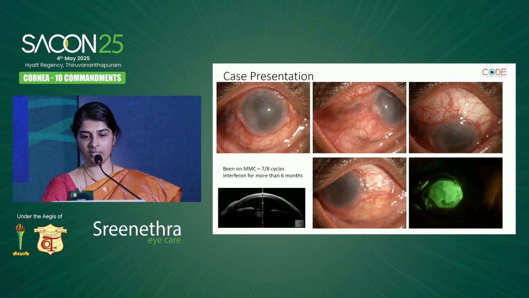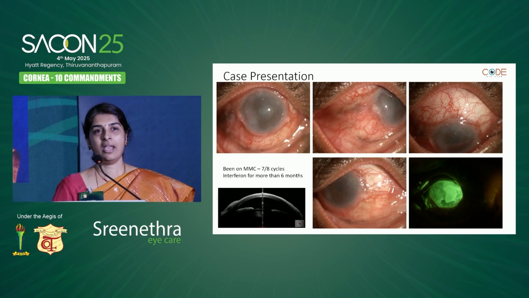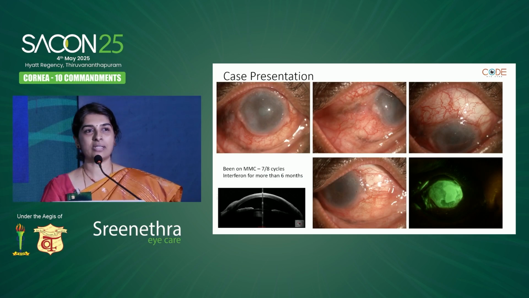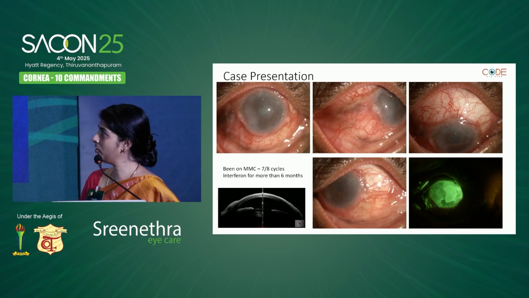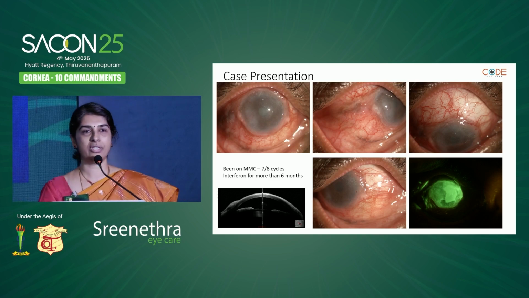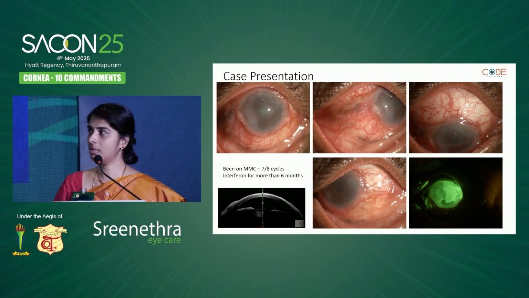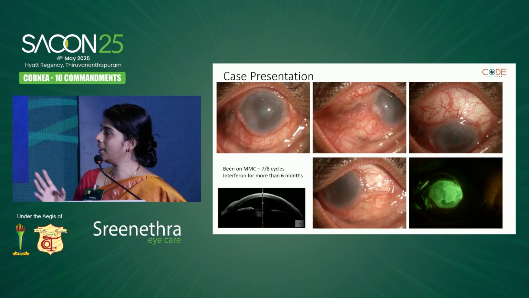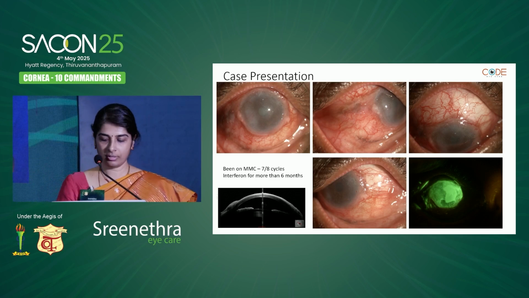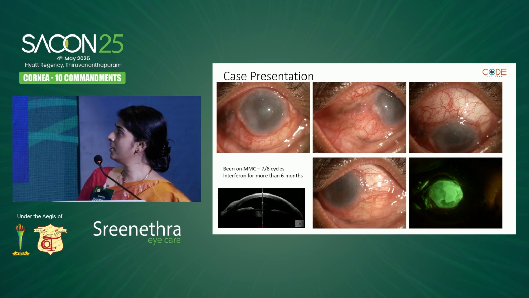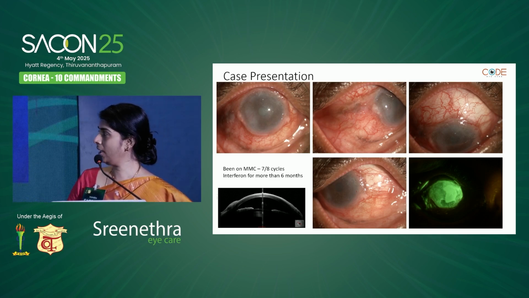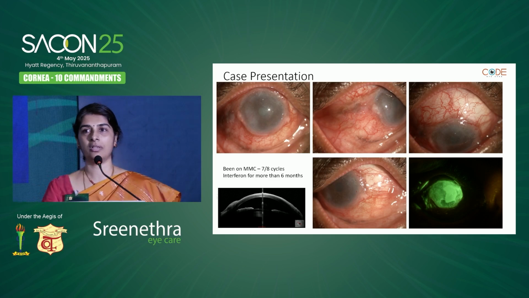So, I thought I will begin with a case presentation, which actually involves all aspects of management. This was a patient that I had the opportunity of seeing, I think, in October 2022, when he presented with this kind of a picture, an annular lesion. You can see it all around the limbus with an extension beyond into the bulbar surface with an epithelial defect, and there is imaging evidence of the fact that we are dealing with an epithelial lesion.